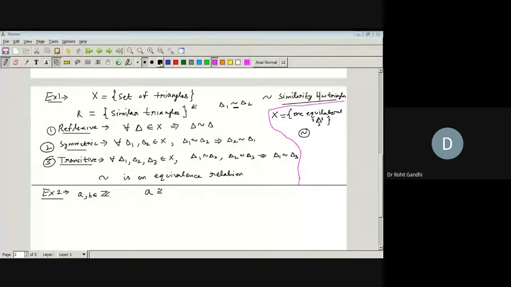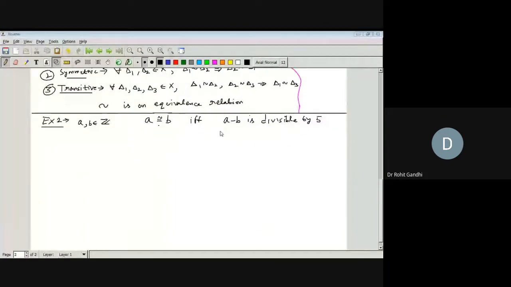So let's move forward. Now let us take any two elements in integers, A and B. Now I will define the relation like this. This is our relation, right? I will say that A is related to B, that is, two elements in integers are in relation with each other if and only if A minus B is divisible by 5. This I have discussed with you already. We will generalize it further. So this is the relation.